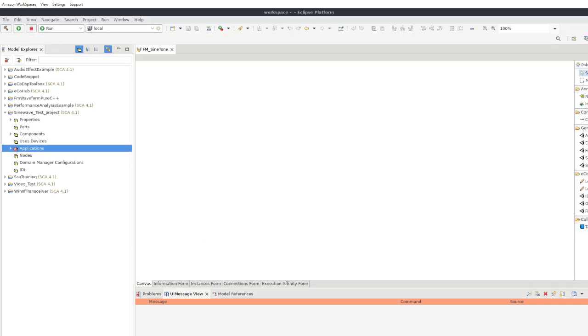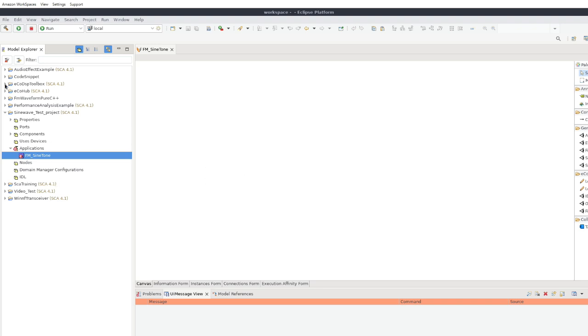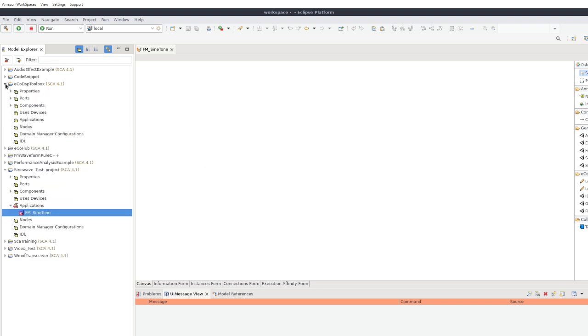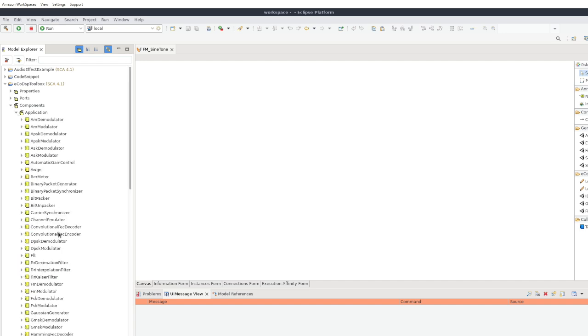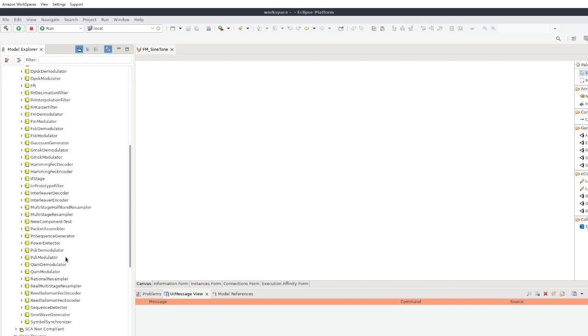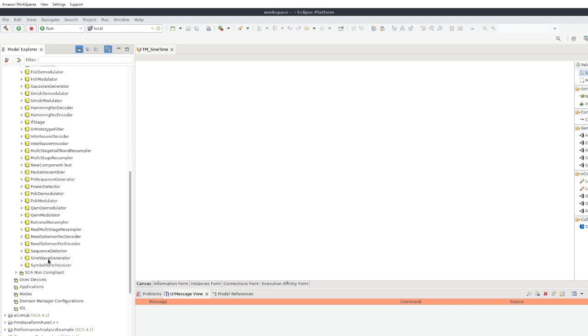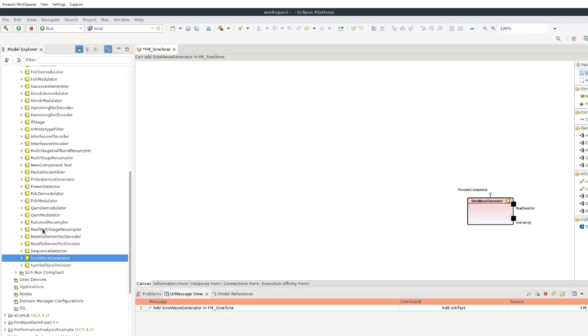So let's pick from the Echo Toolbox library, another tool offered by the Viavi Echo Suite, the components that we'll need. The sine wave generator will be the first one that we will put on the canvas. We will upsample the output of the generator to get a smoother modulation.